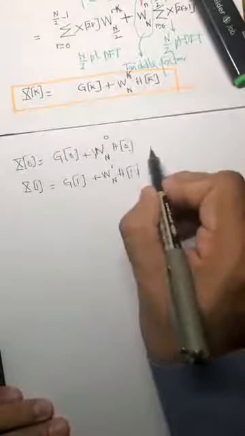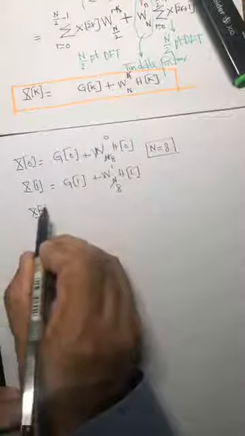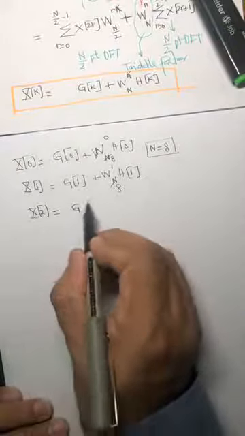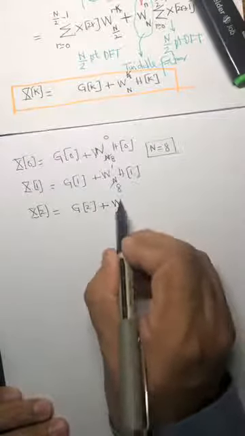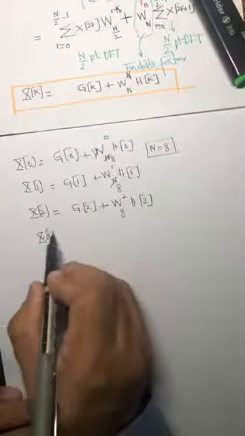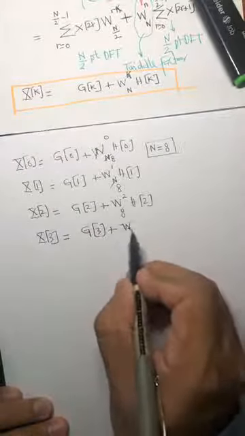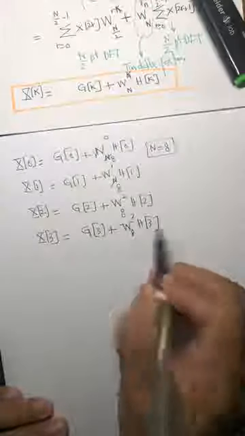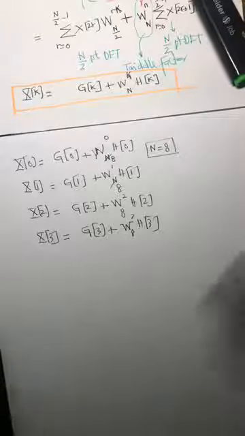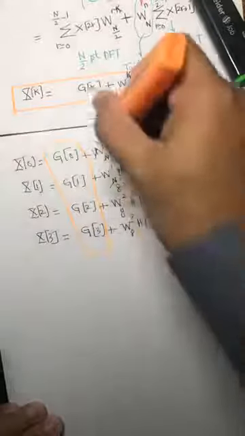Let's assume n is equal to 8. Let's do this for n is equal to 8, so we can put 8 here and 8 here. Then we have x of 2, which is G of 2 plus W_8^2 H of 2. X of 3 is equal to G of 3 plus W_8^3 H of 3. Okay, so these are the 4 point, because 8 by 2 is 4 point and 4 point